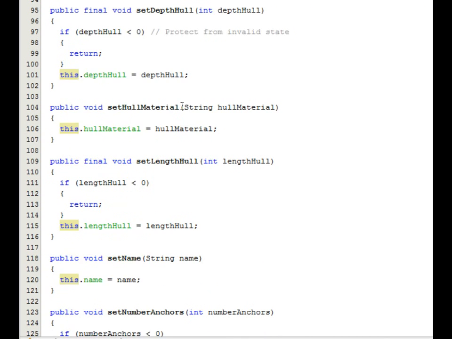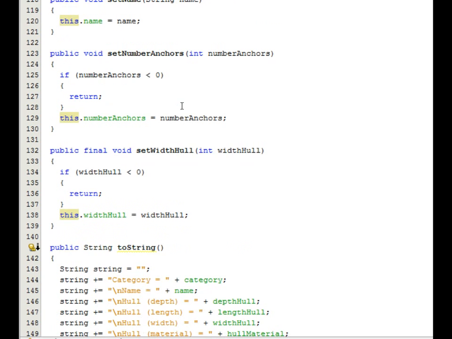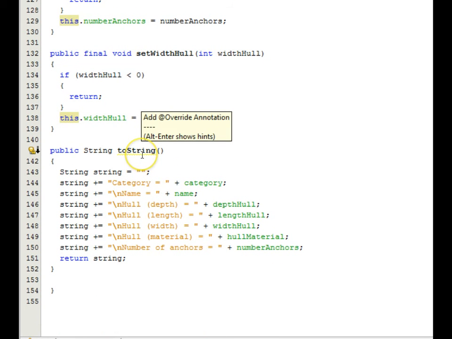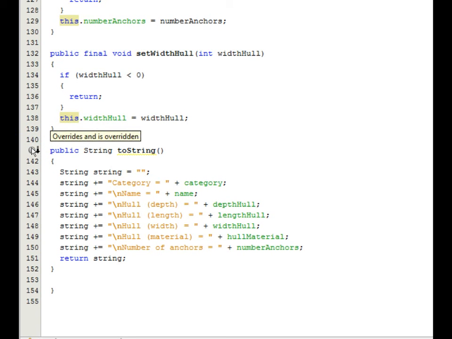Continuing on down. Down at the bottom we have the toString, which simply prints out in a string the various values and labels for the fields. Notice that the toString has multiple annotations. One is the fact that it is overridden in child classes. Another says, do you want to add this @Override annotation? That's something we're not going to do, but